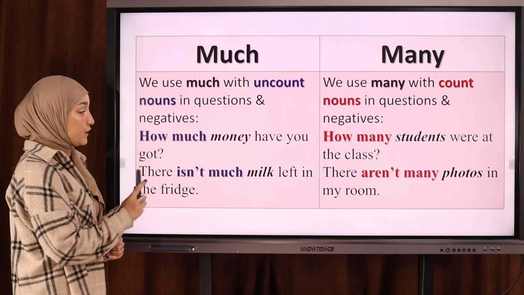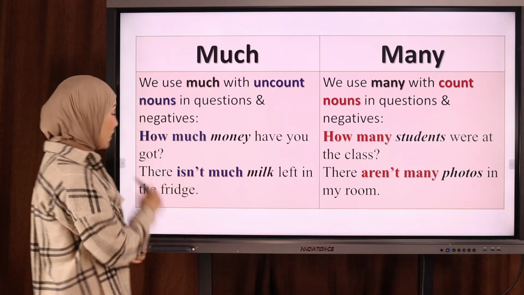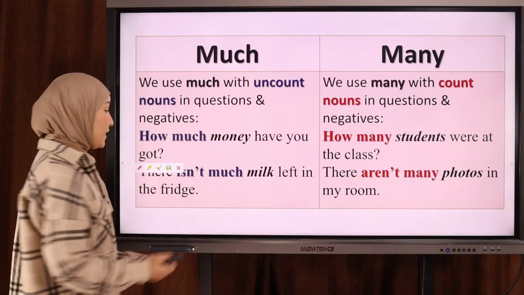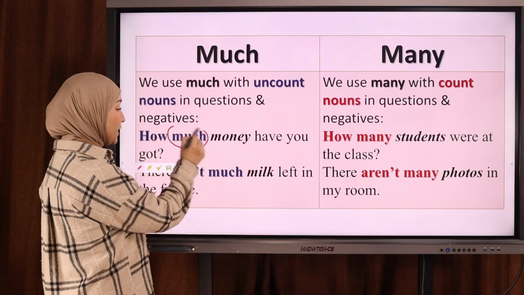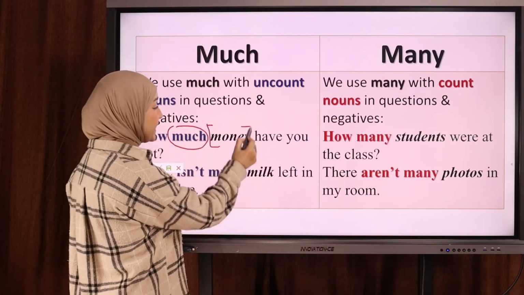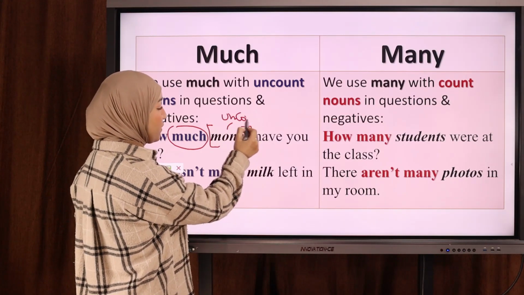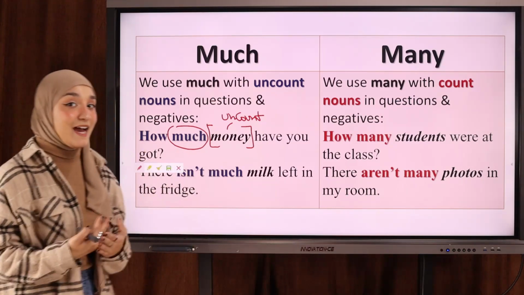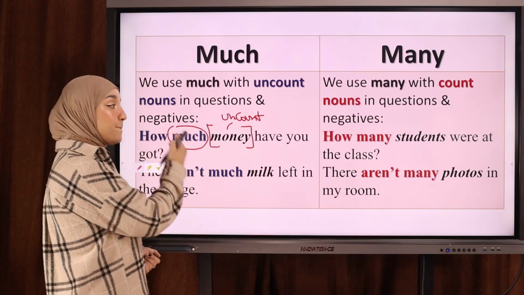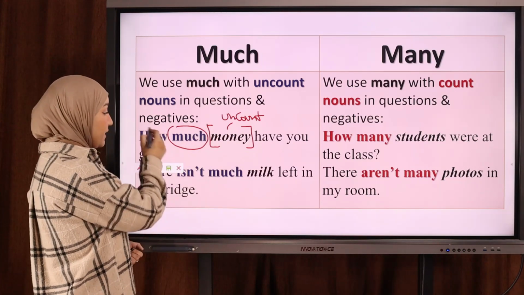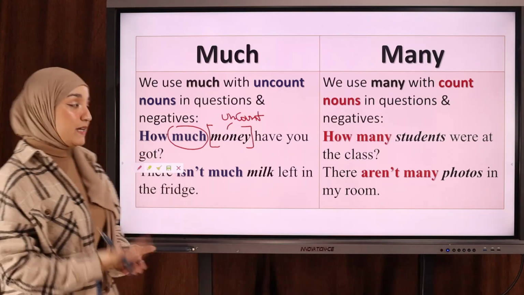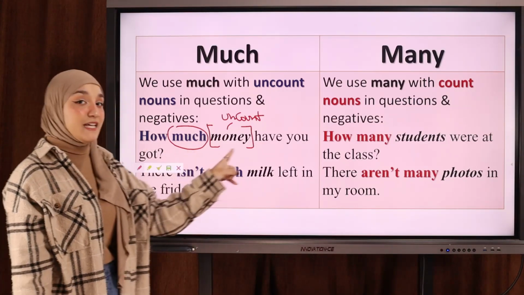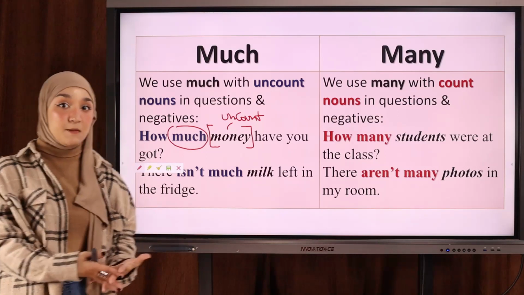Okay, let's take a look at the first example. How much money have you got? كم لديك من المال? Okay, so we use how much كم, and I have here money. So money is an uncount noun. هو من الأشياء الغير قابلة للعد. لذا لا يمكنني أن أقول how many money. Okay, I have to say يجب علي أن أستعمل much. How much money have you got? عندما نستعمل how much or how many نحن فقط نسأل عن الكمية، كم من شيء لديك. Okay, so how much money have you got؟ كم لديك من المال؟ كم تملك من المال؟